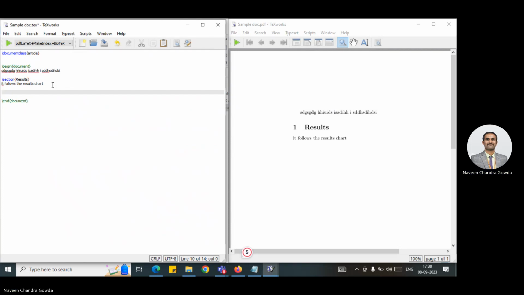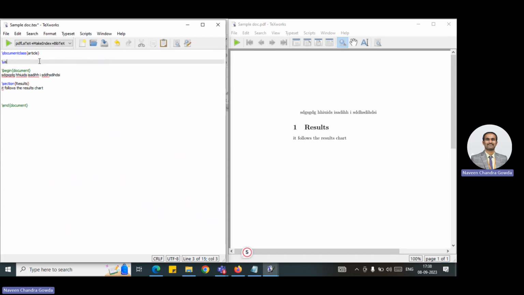Fine. Now, first, let me use the package which is required for this. So I'll just use package. Which package will I be using? It is PGF plots. I'll be using PGF plots. Once I'm done with giving that use package PGF plots, as I would like to insert the line chart right here,